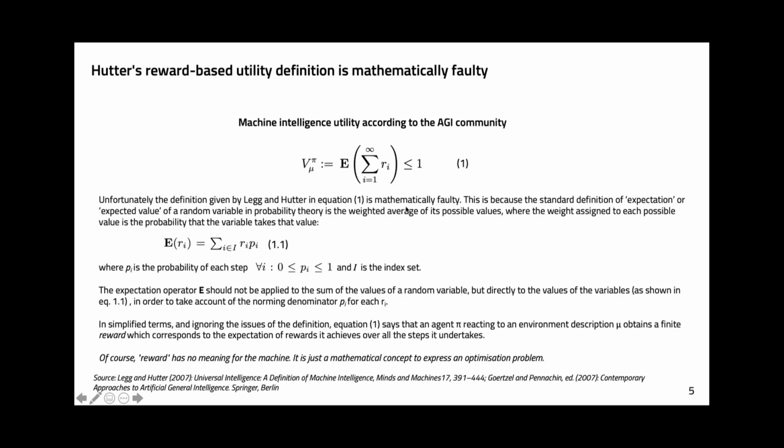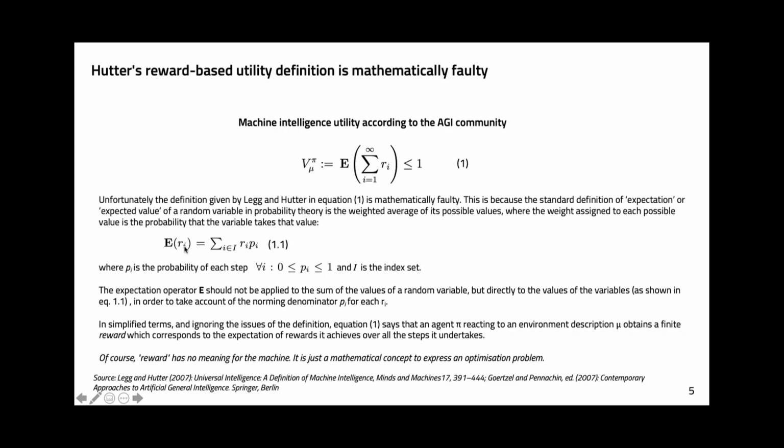And computer scientists, like physicists and engineers, tend to not look so carefully at mathematical equations. But actually, the definition of expectation is the sum of a variable multiplied by the probability of this variable for each step. So if you have a finite amount of steps, or here it's even infinite, but doesn't matter, if you have some steps,